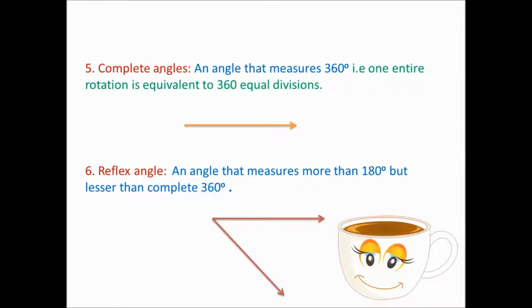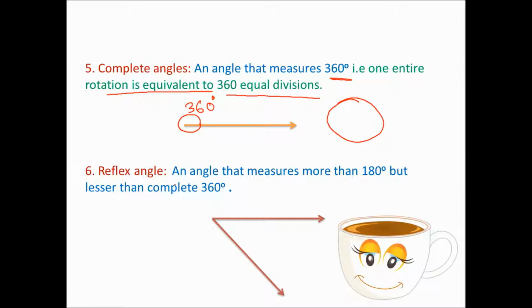Next is a complete angle. So when an angle that measures 360 degree, that is one entire rotation, is equivalent to 360 equal divisions. So a circle when it completes its turn, whole turn, it is a 360 degree. So here see, this angle, a complete rotation, is 360 degree,